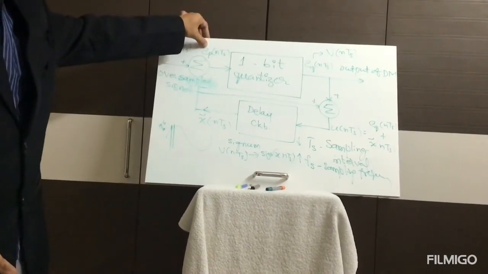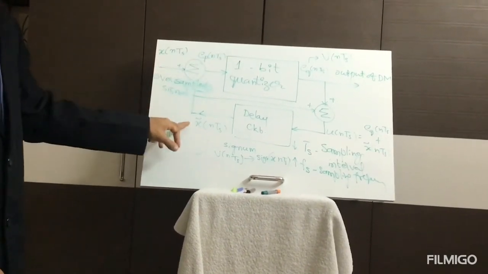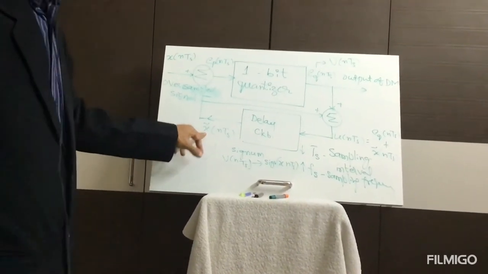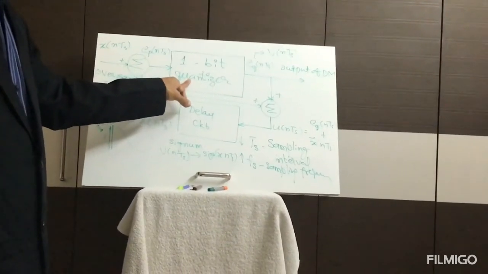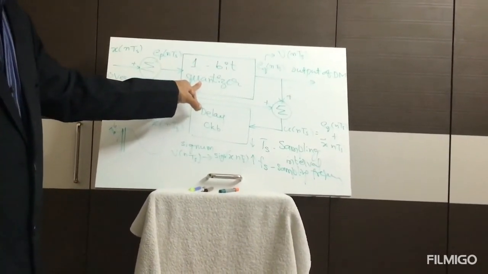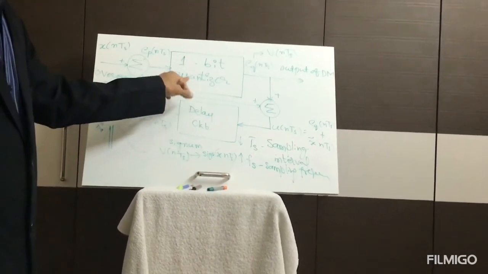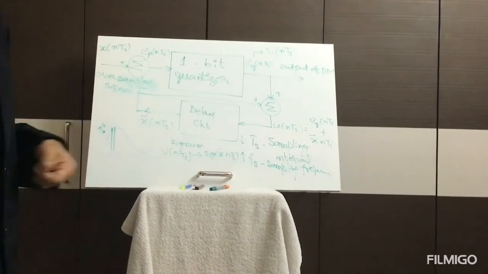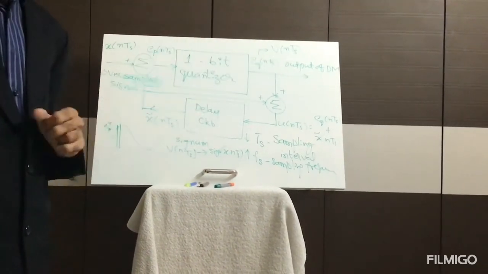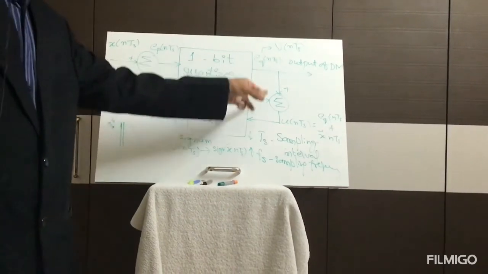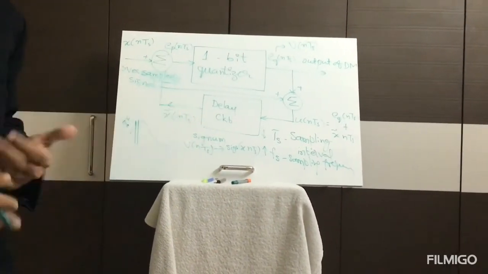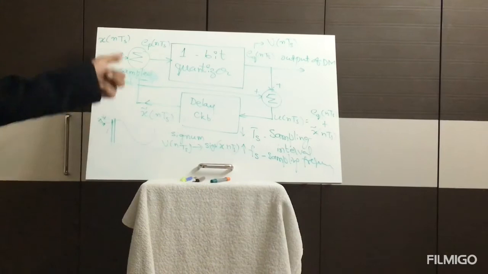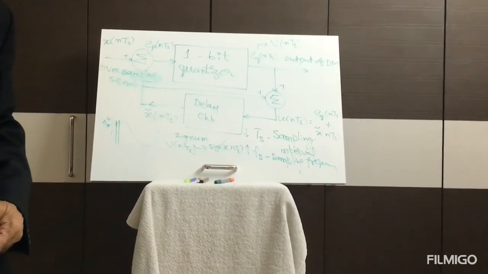Error signal gets generated by taking the difference between X of NTS and the previous sample, that is X tilde of NTS. Then the quantizer takes care of rounding the difference value to the nearest 1-bit output here, and EQ of NTS we are representing as the output of the quantizer, which itself is the output of the delta modulator, that we feed back here to the delay circuit to regularly generate the delayed signals, and they will in turn be compared with the actual input signal here.